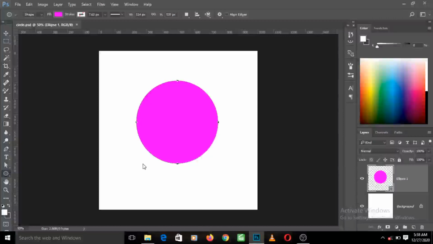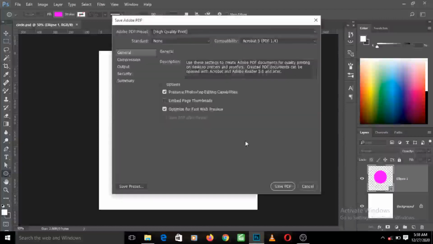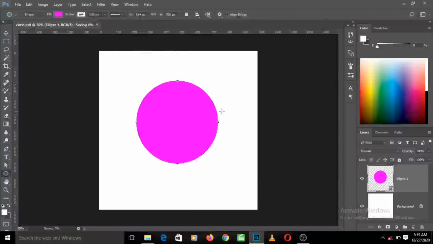We need to specify certain things before it finally saves as PDF. So all you need to do is press save PDF when this comes up. Do you want to continue? Press yes, and it goes ahead to save it as .pdf.